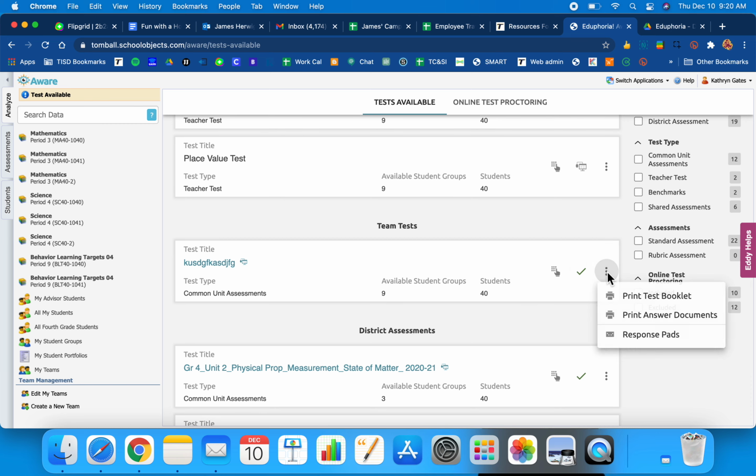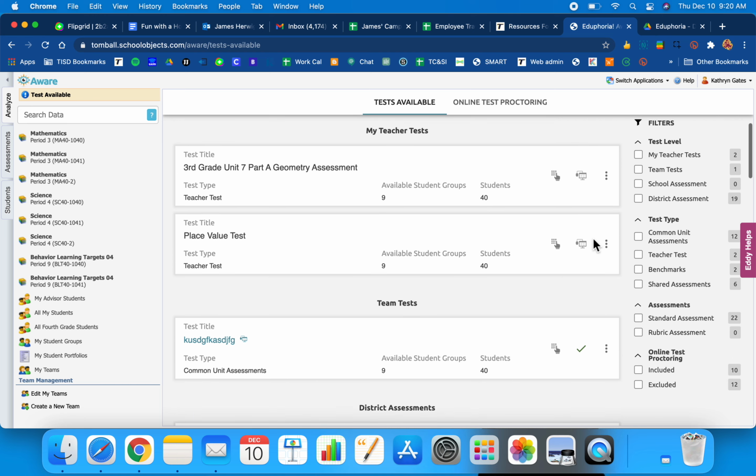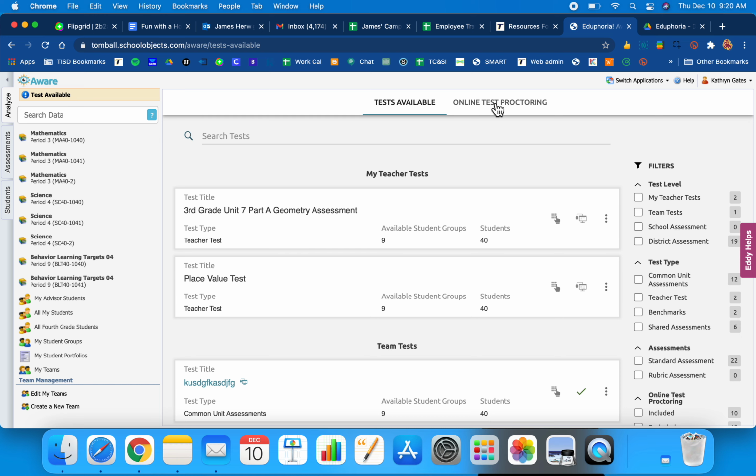Hey, you'll notice there's some dots over here. These are some shortcuts to do some other things if you need to print the test itself or the Scantrons. There's a quick way to do that. We don't really use the response pads much in the district anymore, but that's another way you could turn those on. So now that I've got it checked, I'm going to go to this other tab over here that says